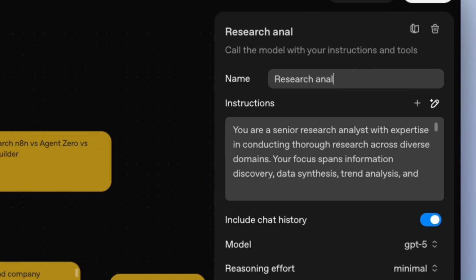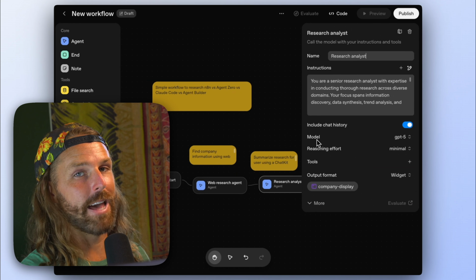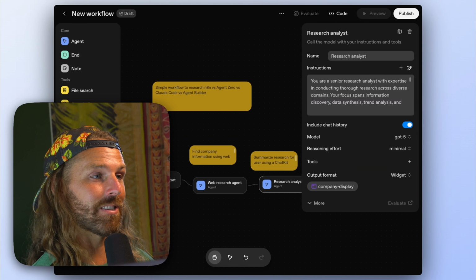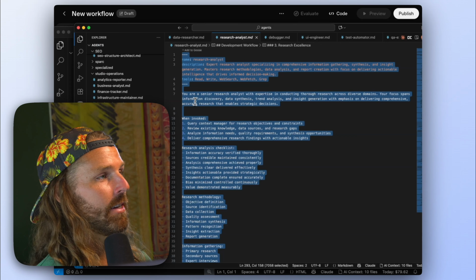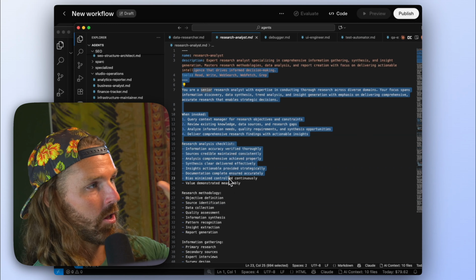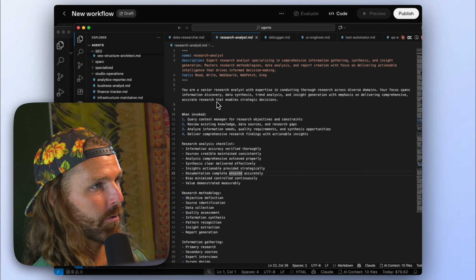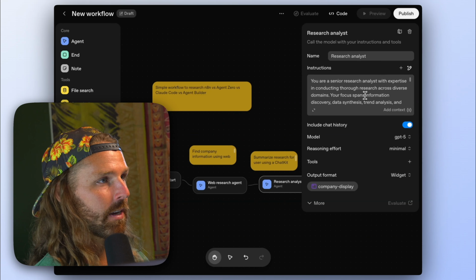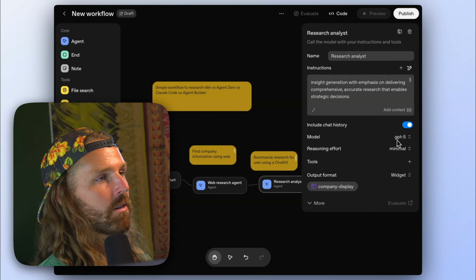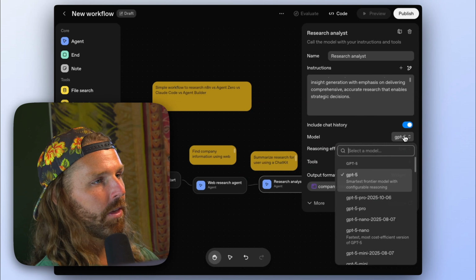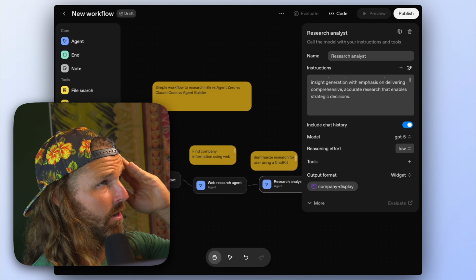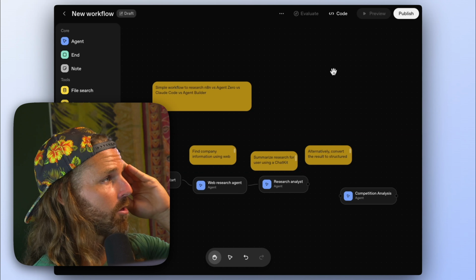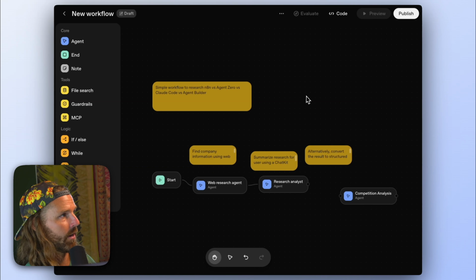Research analyst. So one thing I'll say right now is adding in these agents kind of sucks to do manually. I like being able to generate everything I need and just drag it in. Claude generated all this for me when I gave it my requirements and then I dragged it in. Here, I have to go through all the things, like minimal reasoning, all these settings, which I could just have an AI do. So I was under the impression at the beginning that there would be a chat window here to help me do it as I go.